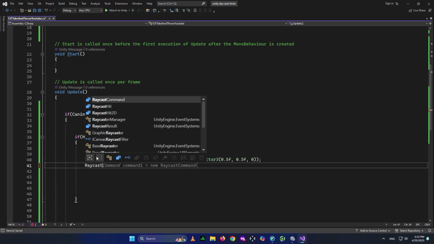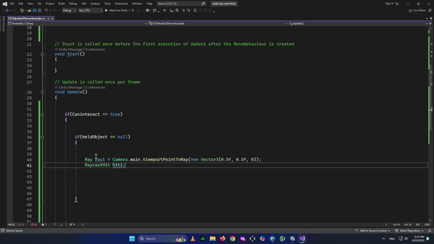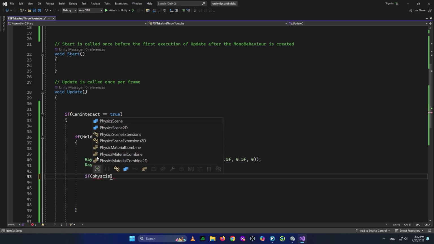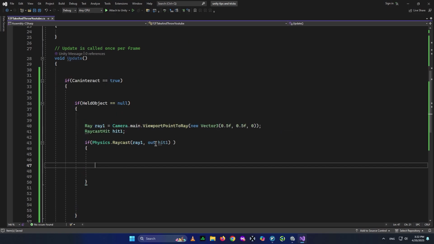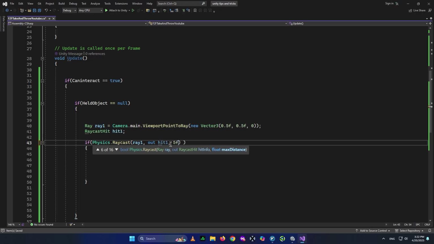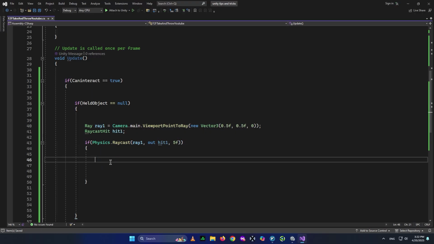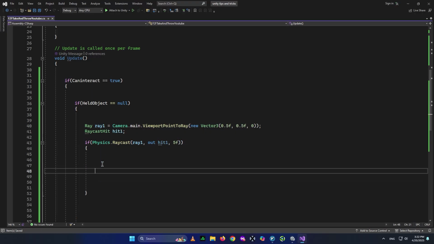I'm going to create a RaycastHit for the thing we hit, which is hit1. Then we say if Physics.Raycast, take the ray, take the out hit, and a distance of 5. If the object we want to interact with is within a distance of 5, we can go ahead and interact with it. I created a video on how to create the interaction system like Fears to Fathom in Unity, but right now